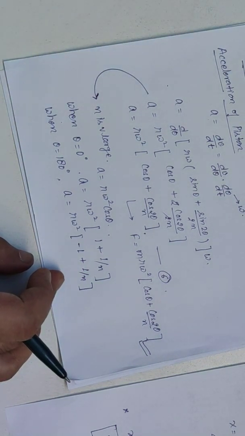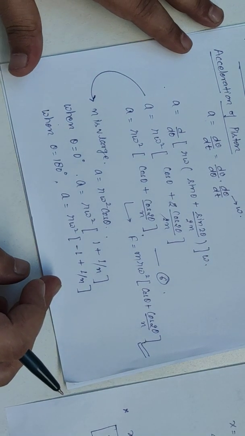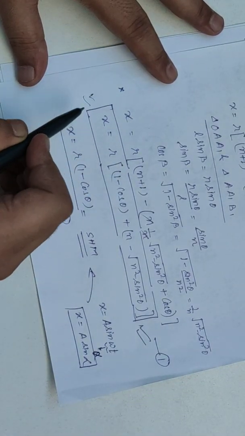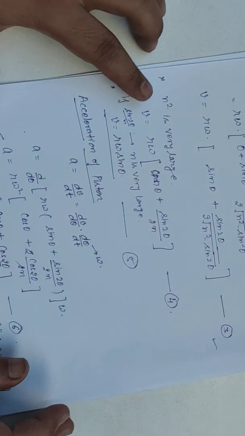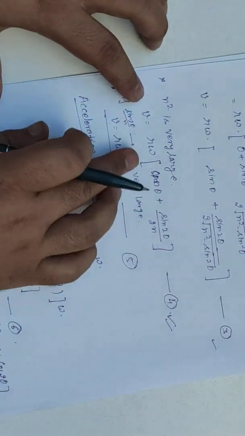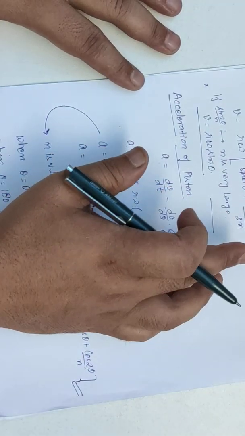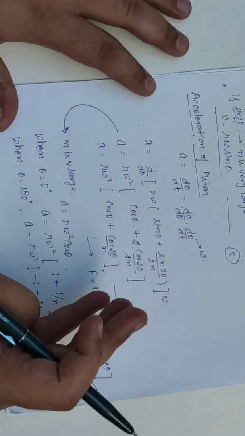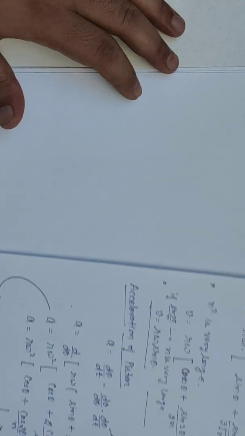So this is the analysis of the velocity and acceleration of the piston. First we calculated the displacement. Then with the help of the displacement we calculated the velocity, which is coming r omega (sin theta plus sin 2 theta by 2n). Differentiating this velocity term, we achieved the acceleration part. So we have the displacement, velocity and acceleration of the reciprocating part.